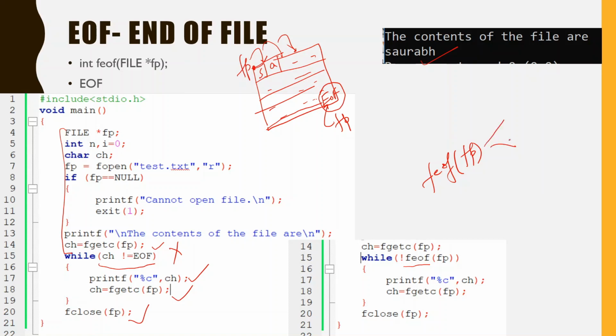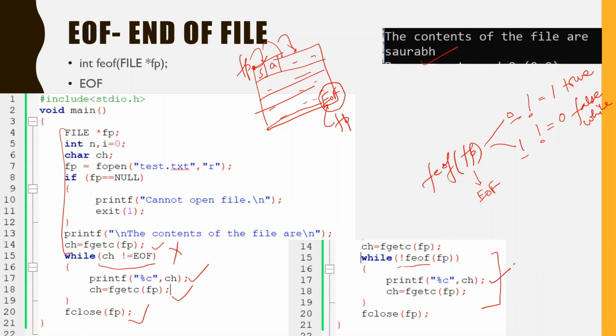It returns two types of values. It keeps on returning 0 until the file pointer reaches the end of the file, and when it returns 1, it means the file pointer has reached eof. We have used this not operator to ensure that we keep running this loop while it is 0, so the negation of 0 would be 1. So this loop is going to run until we reach the end of the file. When we reach it, this function returns 1, and with not it becomes 0, which means the while loop will be false. In other cases the while loop would be true, and with this format we can print the character.